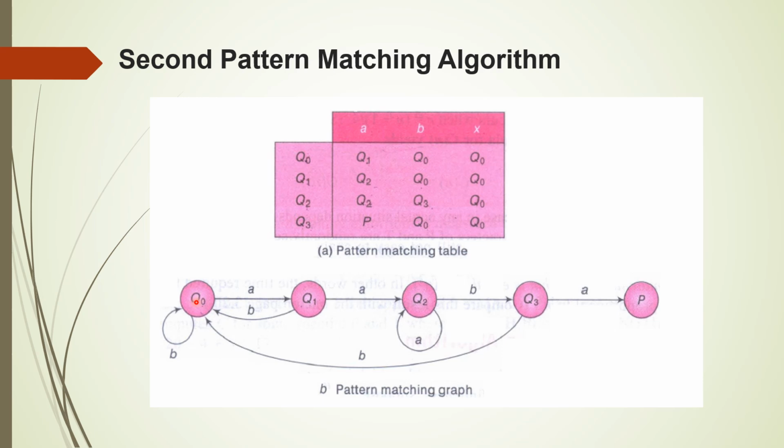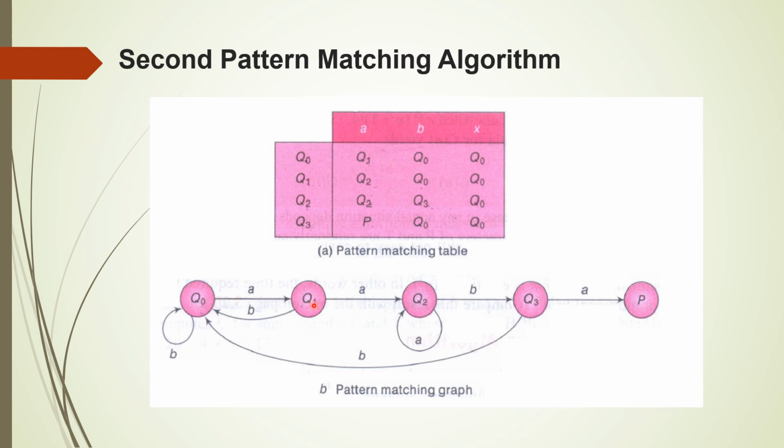Text string can be anything made up of the characters A and B. If you want to say the pattern is present in the text, the text must also start with A. Suppose the text string starts with B; B can occur any number of times in the beginning. If that is the case, you will be in the state Q0 only. Simply you keep discarding the characters B. So soon after you get A, you go to the state Q1.